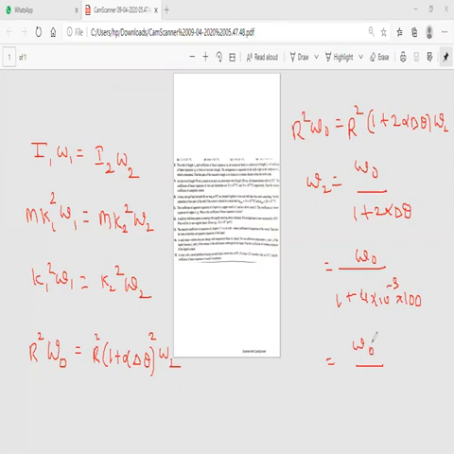The alpha value is given as 2 into 10 power minus 5, not minus 3. It is 10 power minus 5. Okay, then 2 into 10 power minus 5 into 100 will be 2 into 10 power minus 3, so 2 alpha delta theta is 4 into 10 power minus 3, that will be 0.004. And finally the answer is omega 2 equal to omega naught by 1.004. By calculating this, exactly we get the value 0.996. That is the value for 1 by 1.004 into omega naught. And finally omega 2 is equal to 0.996 omega naught, that is the answer. Okay.